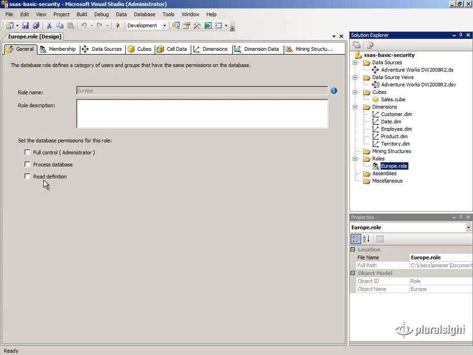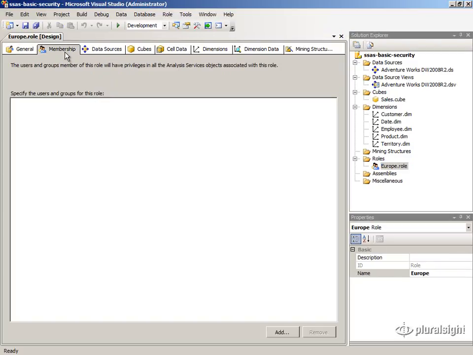Well, for our regular users who only need access to the cube, none of these permissions are necessary, so we'll leave these blank. Then on the Membership tab, we would provide the users or groups for this role. So we just click Add,